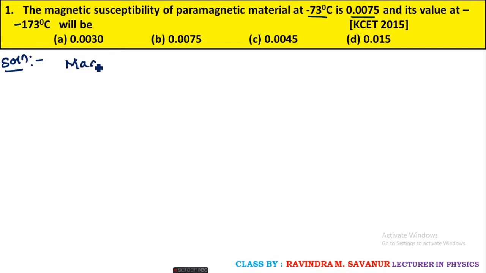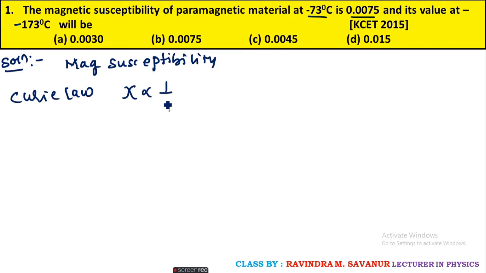So they are talking about magnetic susceptibility. They gave the susceptibility value and temperature. So this problem is based upon Curie law. The Curie law tells that susceptibility is inversely proportional to temperature. Now make a relation by using this one: